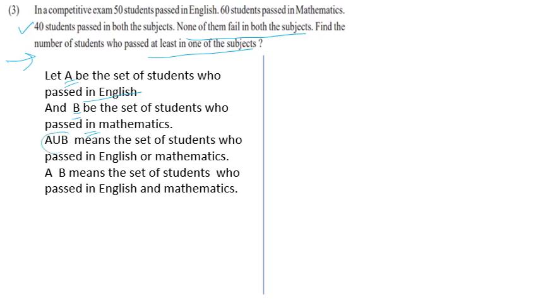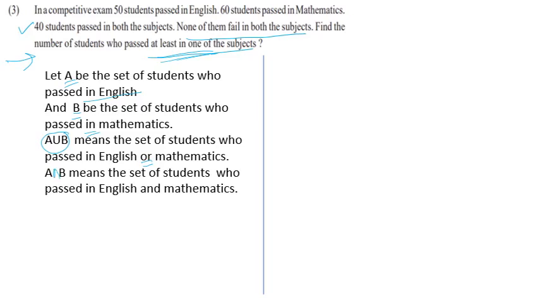See here. याचा अर्थ काय होतो? A union B means the set of students who pass in English or mathematics. See, union असले तिथे or word असतो बघा. महत्वाचं आहे. A union B means what? की या सेट मध्ये असे स्टुडंट्स आहे की जे इंग्लिश किंवा मॅथमॅटिक्स दोघांपैकी कमीत कमी एका सब्जेक्ट मध्ये ते पास आहे. At least one of the subjects. Find the number of students who pass at least one of the subjects. कोणत्या तरी एका सब्जेक्ट मध्ये जे मुलं पास आहे ते आपल्याला काढायचे म्हणजे आपल्याला हे फाइंड आउट करायचे A union B. And A intersection B.